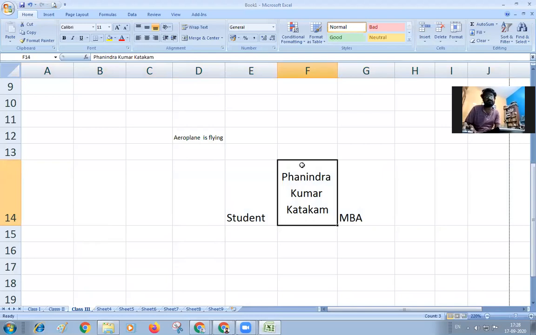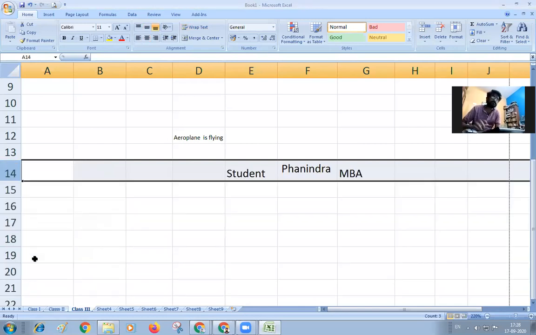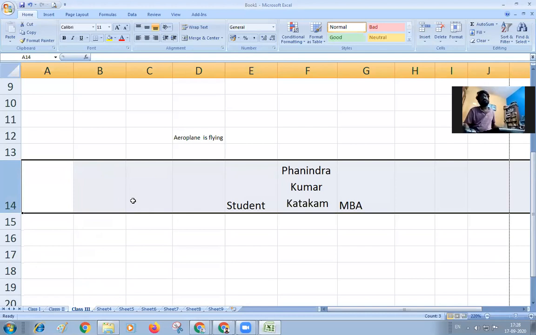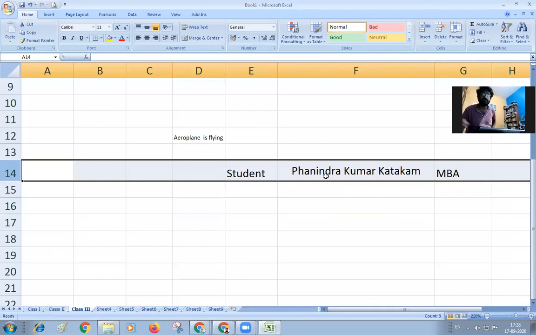There are some spaces before and after the name. If I select the space as 20, you can see it is removing a space. If the same text is going on all the ways, then you can go for the row height. Similarly, row height can be allowed. If not, you can stretch this, increase the size of this, and easily fix a common name. I hope no one's name will be more than this space.